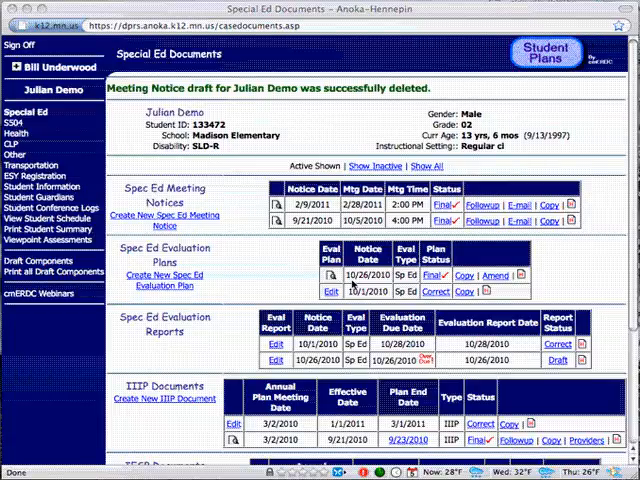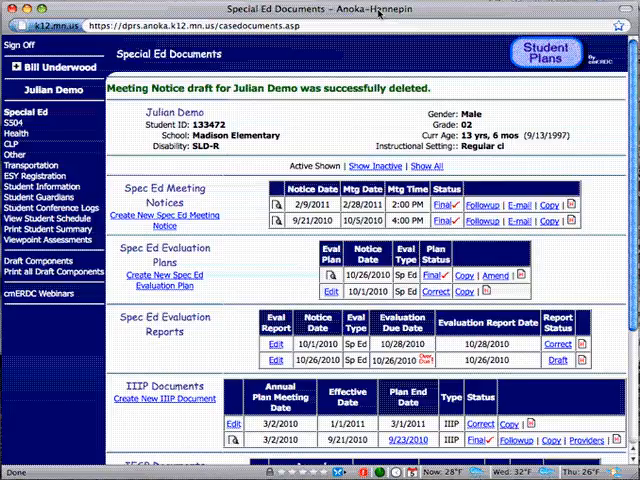All right, so this video is taking a look at creating a new team meeting notice for our students. This video assumes that you already know how to sign into DPRS. It assumes that you know how to navigate around, and if not, there are some previous videos that talk about that. But you can see I've navigated to my demo student's record,